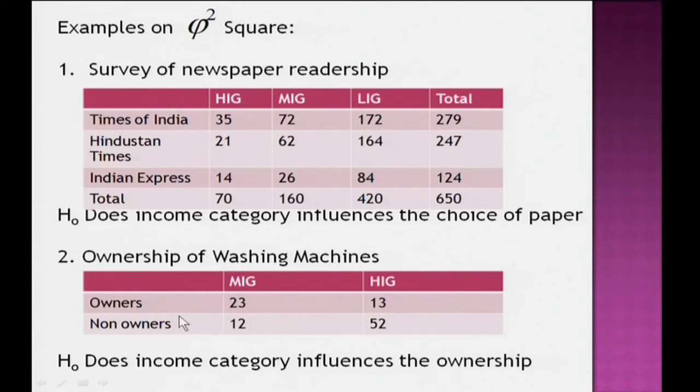washing machine owner, right, they own a washing machine, they do not own a washing machine. Say here you can check whether the income category influences it. Now washing machine is quite a common thing, maybe you can say LED screens, LED televisions, whether they own or not, maybe you can see here any association and influence.